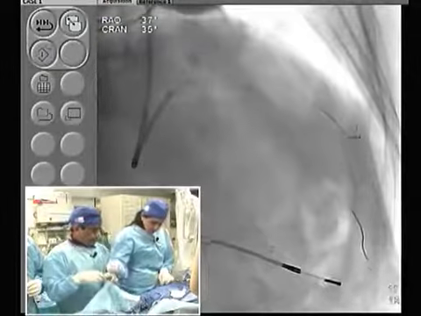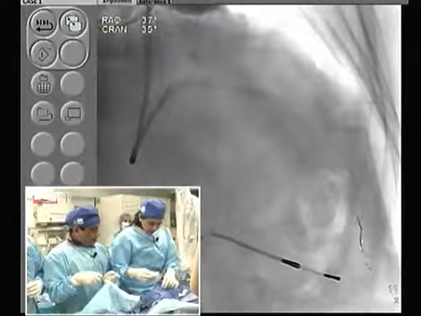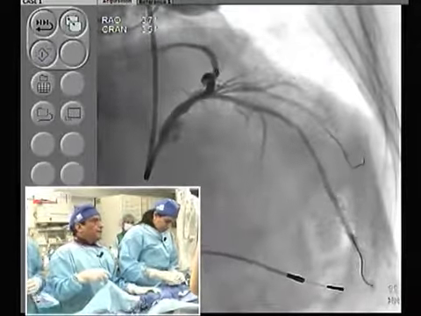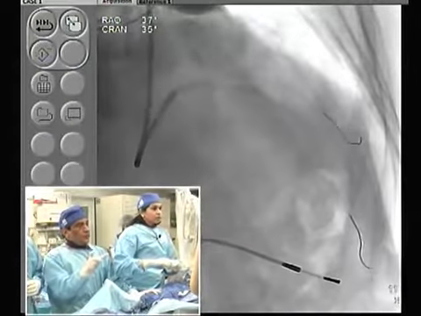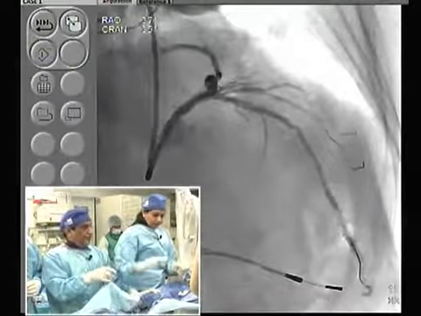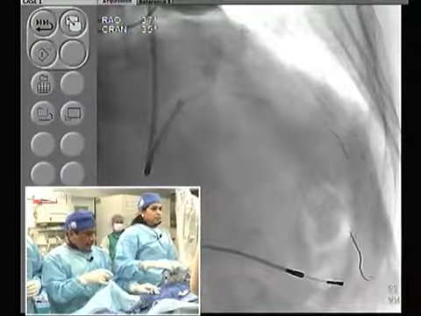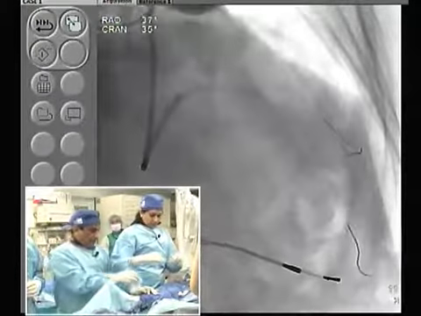So you're going to address the diagonal at this stage? Yeah, we are going to use the cutting balloon. The diagonal also has a lot of disease, but our goal is to take care of the first 15-18 millimeters of the segment, and the rest we just rely on aggressive